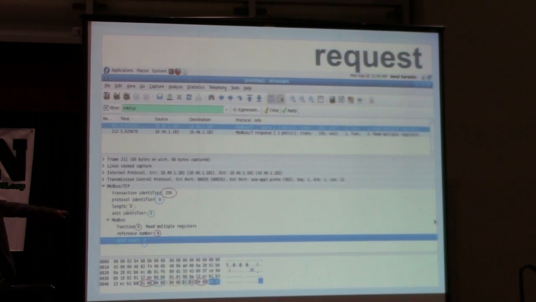What we see, if you sniff this packet on Wireshark or any of these sniffers, is exactly what you send. You saw in the red a transaction ID that we chose to be 256. We saw protocol identifier 0, length 6, unit number 1, and this is a request to read some registers. And by the way,